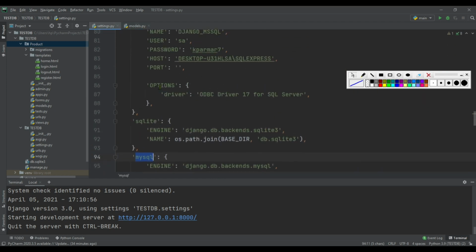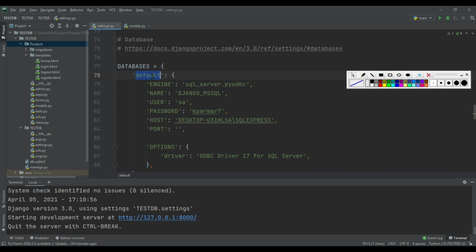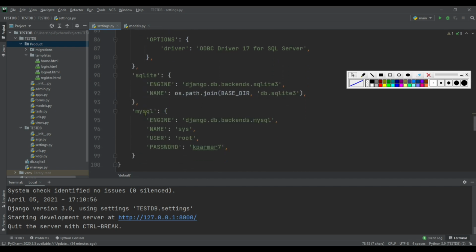In my case, default database is Microsoft SQL Server. Now what if we want to query with MySQL database model class? In that case, along with every query, I need to specify database using a method. So let's see Django query practically.